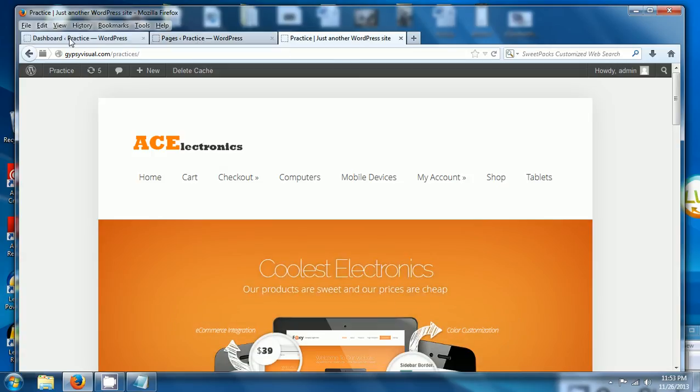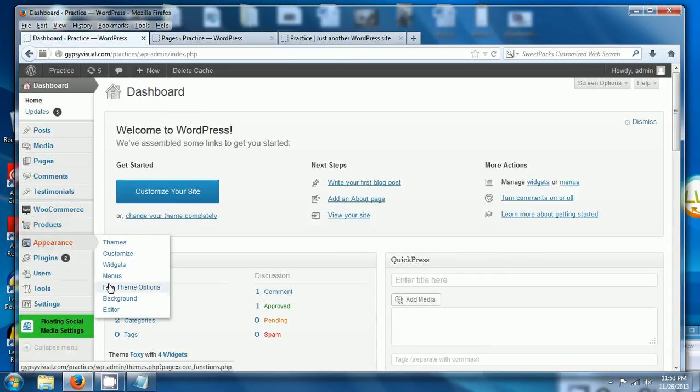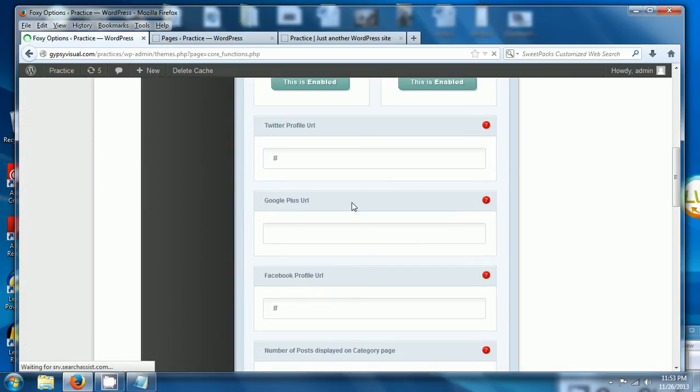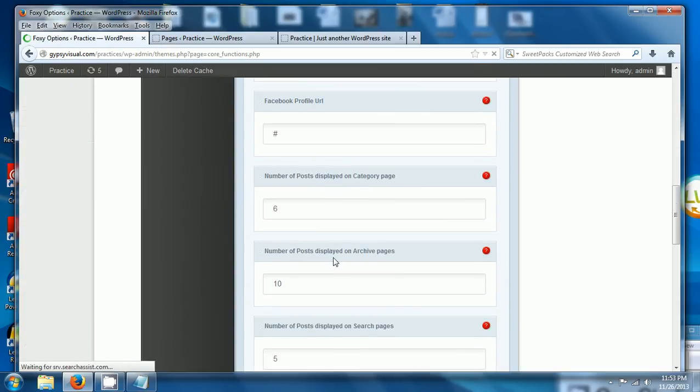page. And if you go to Appearance, Foxy Theme Options, and scroll down to Number of Posts Displayed on Archive Pages, and this probably, I think, originally set to 5. I have mine at 10 right now. You can set it to whatever number you want, but change this value if you want more products to show